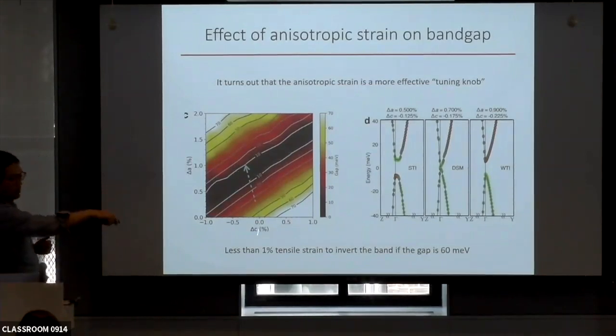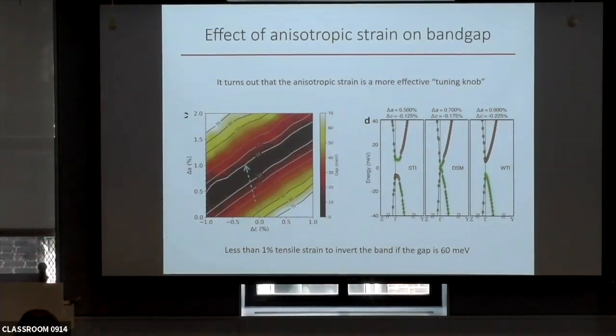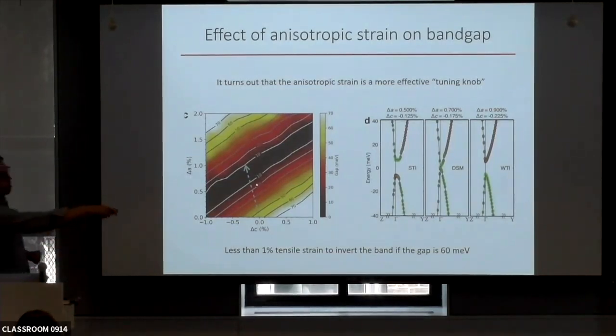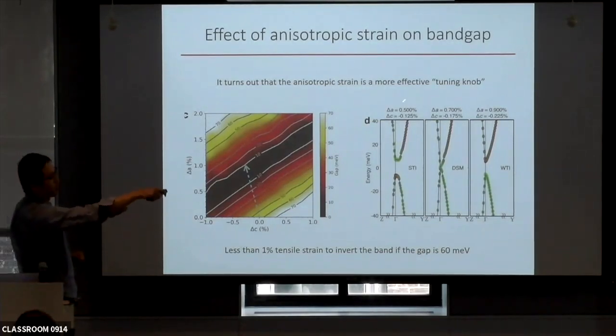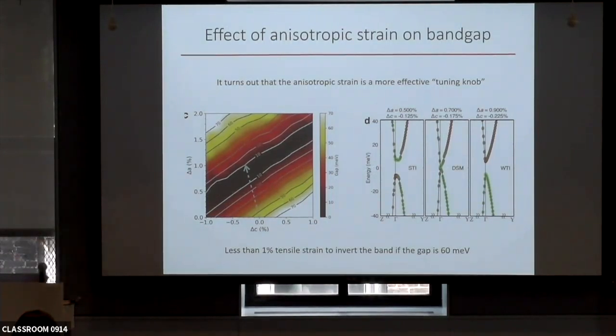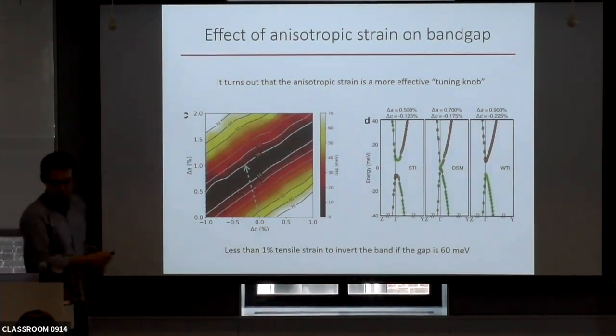And this gray arrow corresponds to the actual Poisson ratio of this material and the kind of strain we produce. We can sample individual points and calculate the band structure, and indeed it looks like a massive Dirac dispersion, then a gapless Dirac semi-metal phase exactly at the phase boundary, and then an inverted band on the other side of the phase boundary.